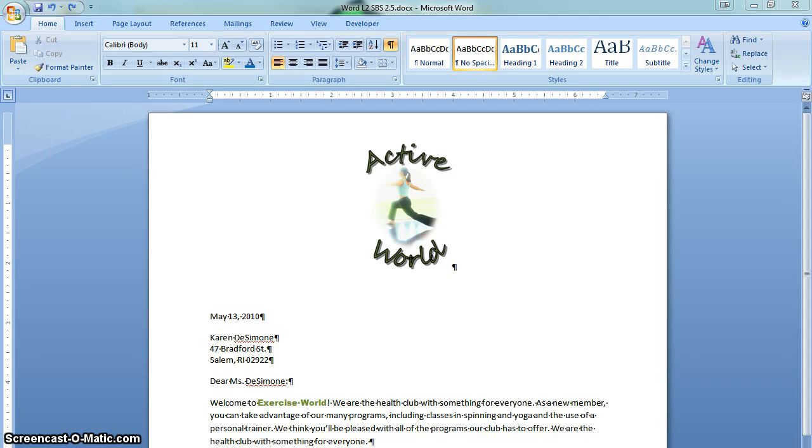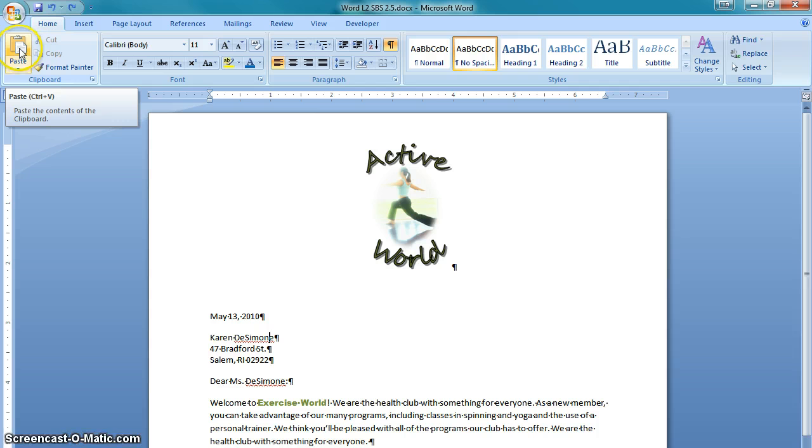Alrighty then, we just learned moving and copying using drag and drop. Now, we're going to learn how to do the same thing but using the clipboard. And you know what a clipboard is. See this little picture right here? They actually give you a little picture of a clipboard. So it's like taking something and putting it up on a clipboard